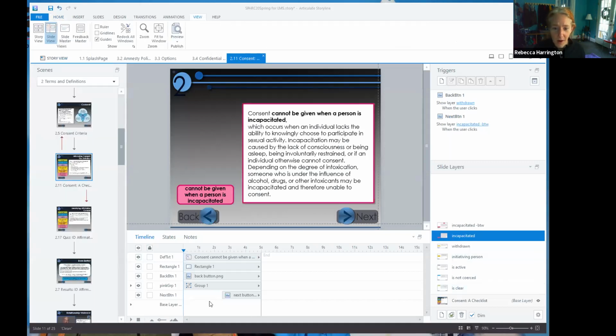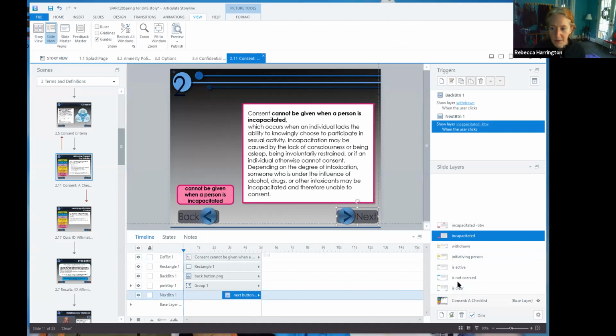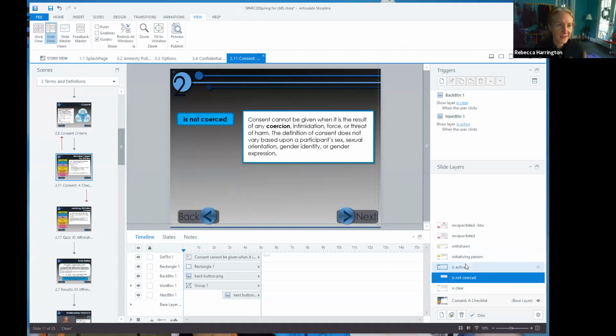Maybe I just do want all of these next buttons to be showing up a little bit sooner. I can come back and move that. I can test that. I can really make sure this complex slide is ready to go. And then my next round would be, let's preview a scene.